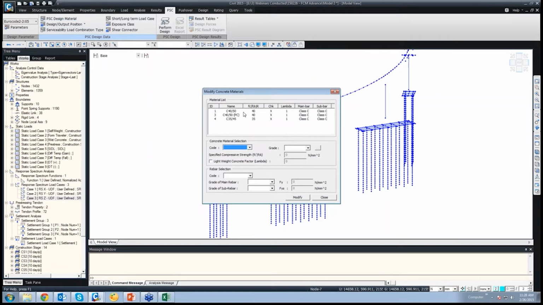Now, though we have selected the material, meaning we have defined the material at the start, for design we need to assign the reinforcement as well. So the material is selected. After that, the code is selected for the reinforcement and the class is selected. So you'll see that Fy and Fys of 600 Newton per mm square is added. This needs to be done for all the materials for which design needs to be performed. Click on modify and close.